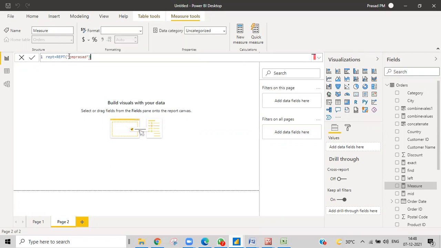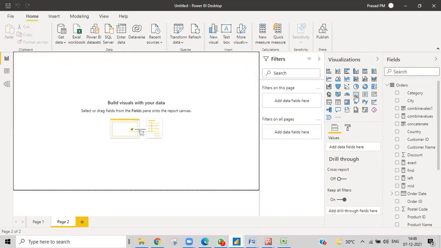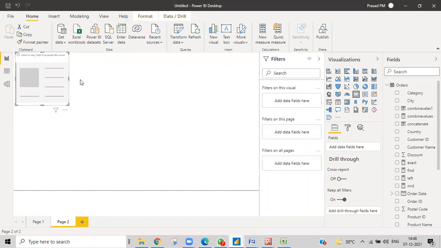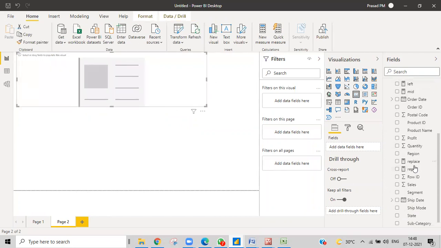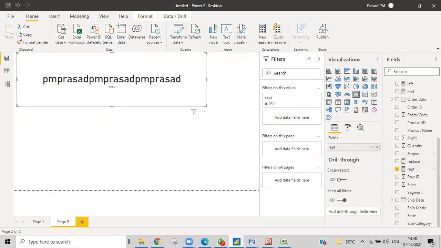I want to repeat it 3 times without any spaces. That's how it looked.